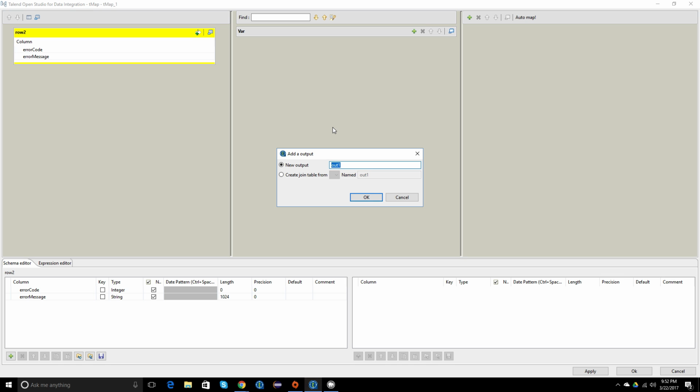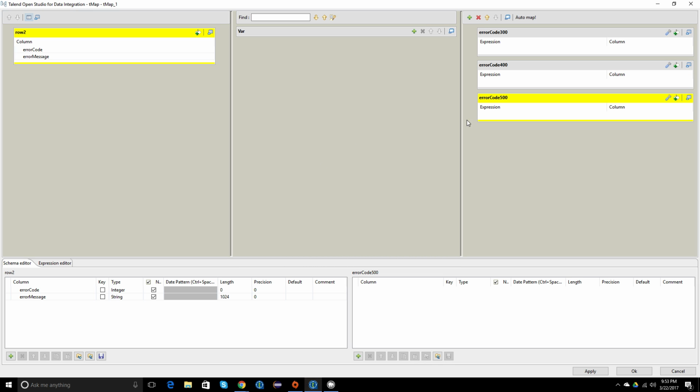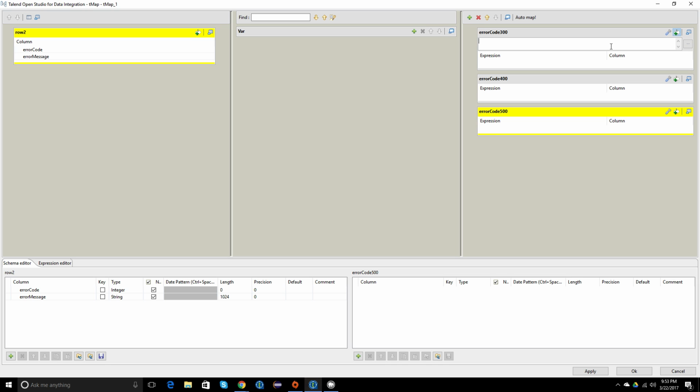But anyway, we'll do error code 300, and then we'll do error code 400, and then we'll do error code 500, and we'll add some conditions to this where we'll just say row2.errorCode, and we'll take the string value of it because I believe it's an integer, so I'll just do String.valueOf because that's handy, and I'll do starts